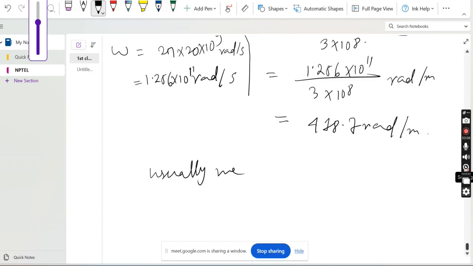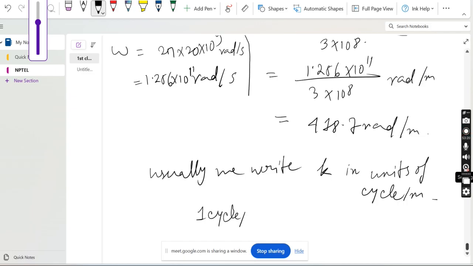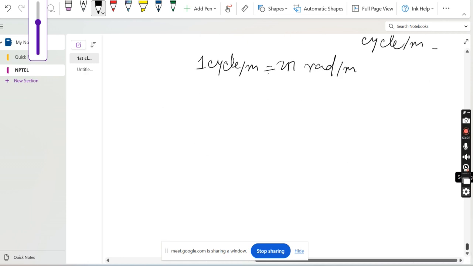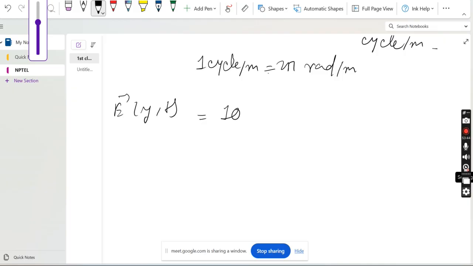Usually we write k in units of cycle per meter. So basically one cycle per meter is equal to 2 pi rad per meter. Here we have given the unit as rad per meter. So the electric field would be, and you know the maximum value of the amplitude of the electric field is 10. So this will be 10 cos, k is